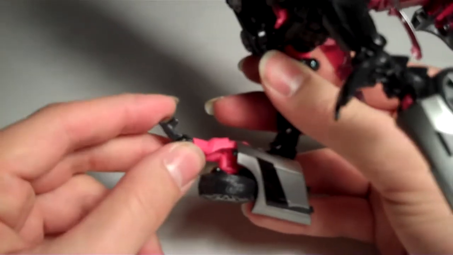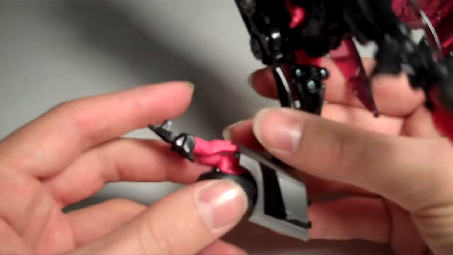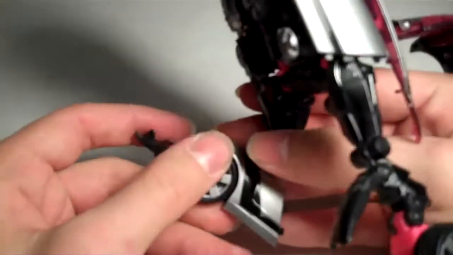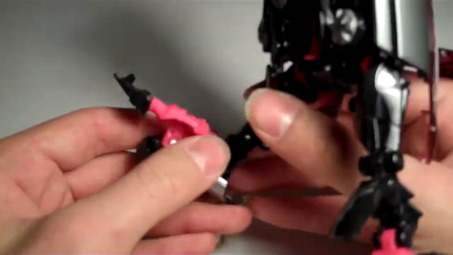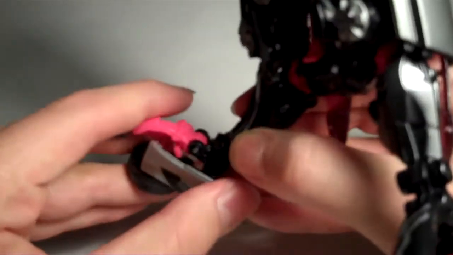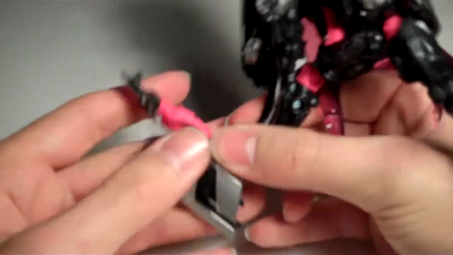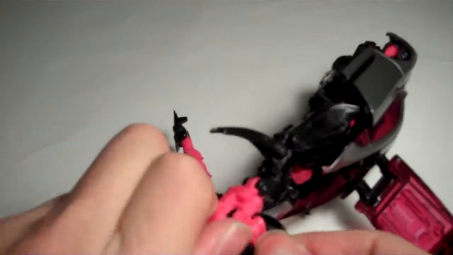He will actually stand on these if the ball joints are tight enough, because I've gotten him to stand up on these little feet, but I like the way this looks better than the instructions tell you to do it, so that the wheel is off on the inside here, and it just makes it look a little bit more transformed if the wheel is somewhere different from the panel that it was part of in vehicle mode. So the other leg, I'm going to do the same thing. Put this foot around, pop this on the inside,